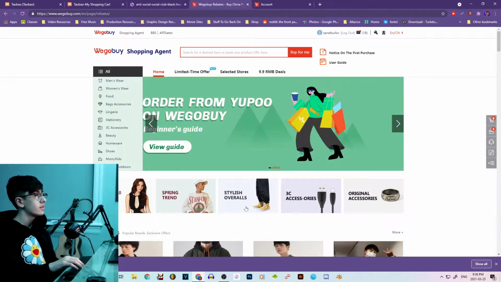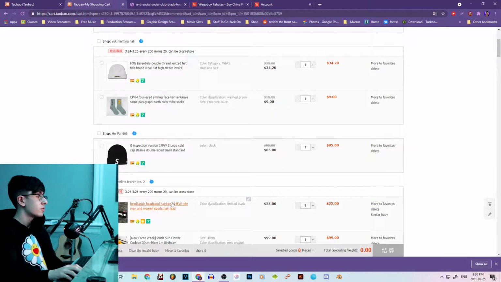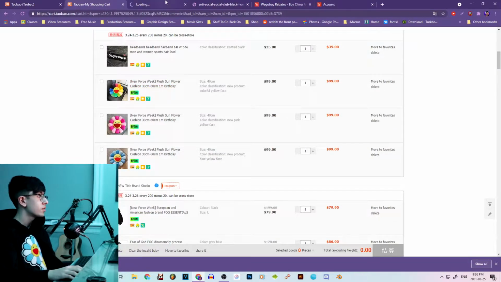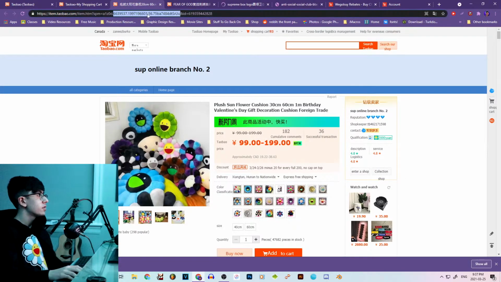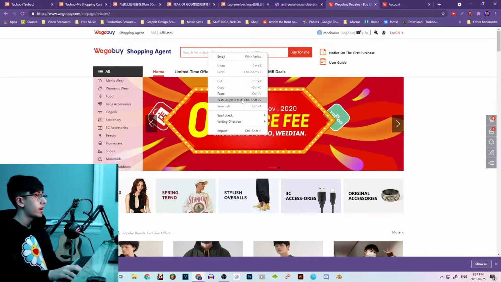Now once you're here, you're going to want to copy all the links that you've found to products that you'd like, and you're going to want to paste them in here. Just for example, I'm going to take this Takashi Murakami pillow. So what you're going to want to do is double click, obviously, and copy the Taobao link of your product. Go back to wegobuy on the shopping agent page, and paste it into this little bar right here